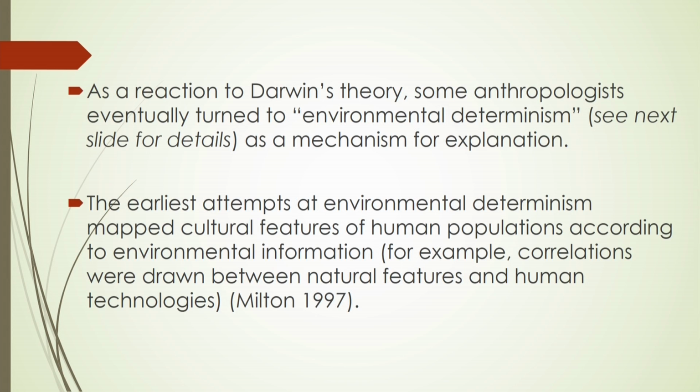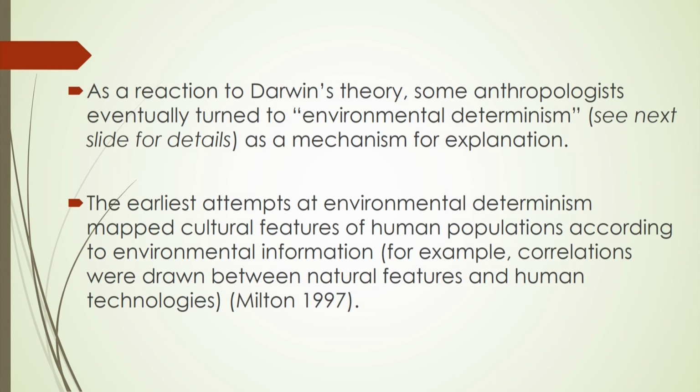Now, there are some anthropologists who reject, if not disagree with, the idea of Darwin, and they tend to come up with the idea of environmental determinism as a mechanism for explanation. So, in a sense, environmental determinism, as we discussed in the theoretical premise of human ecology, is something which is not a challenge, but contradicts Darwin's